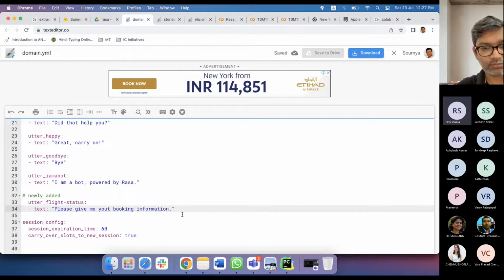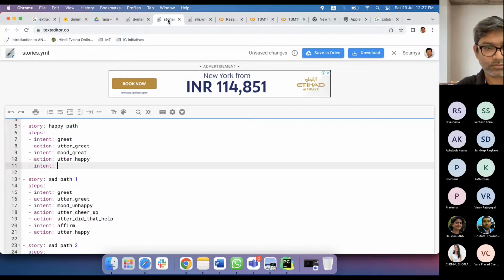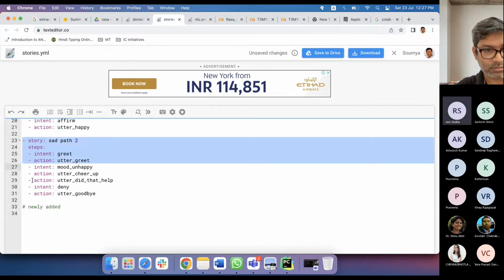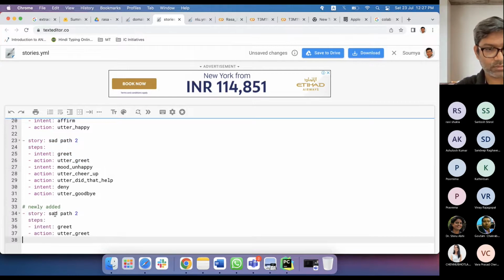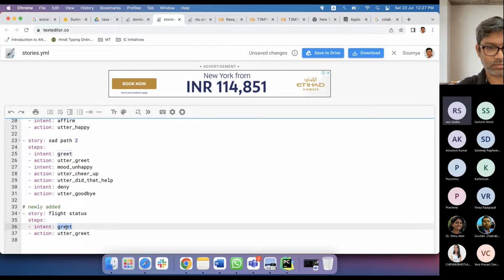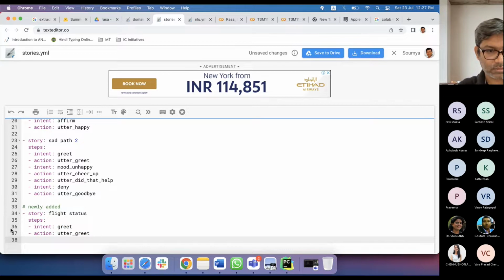Now let's add stories related to this in the stories.yaml file. Now you add one story, copy one story, two or three lines, not more. So you say story flight status. Intent greet, action utter greet, let it be there. Now after that, you say intent flight underscore status, action utter flight underscore status.